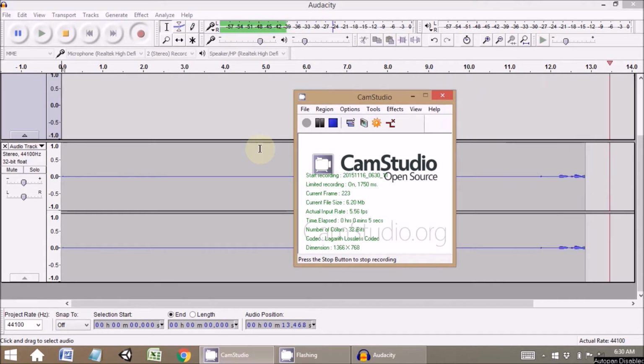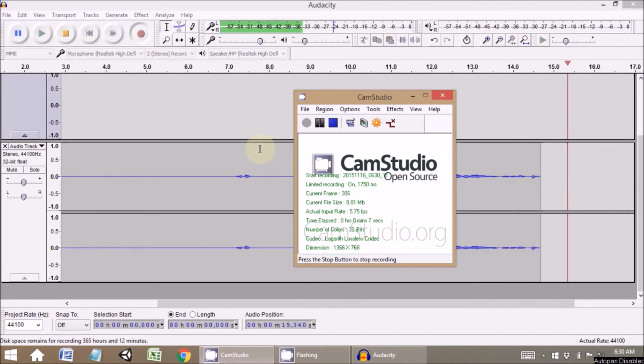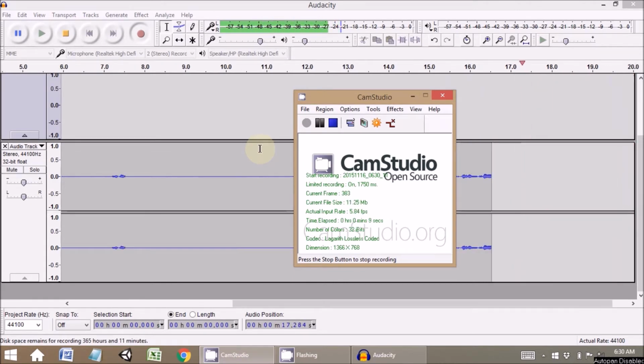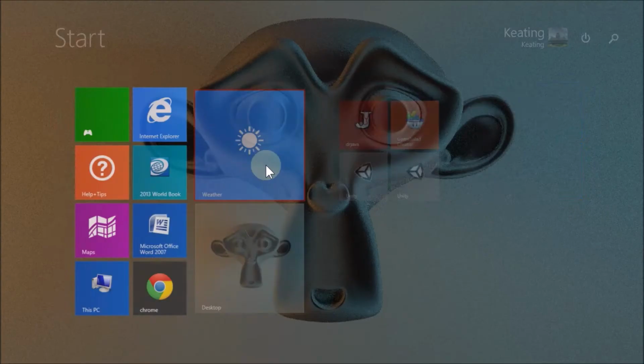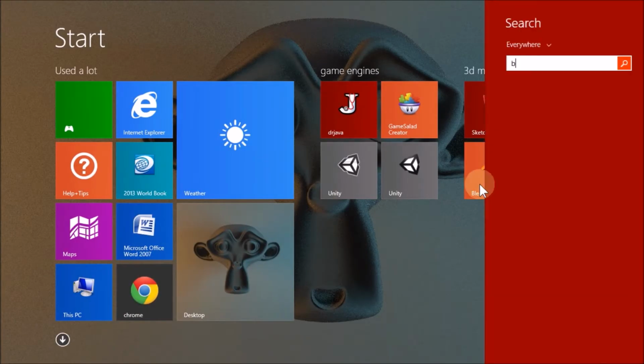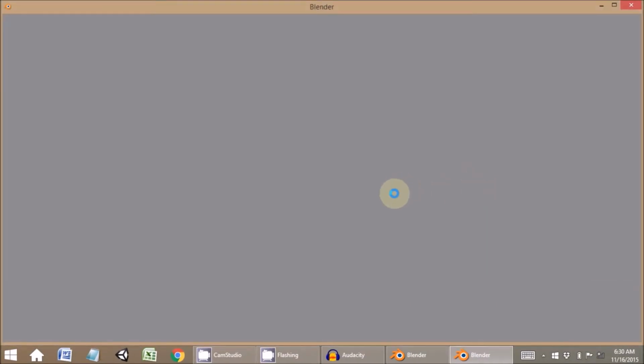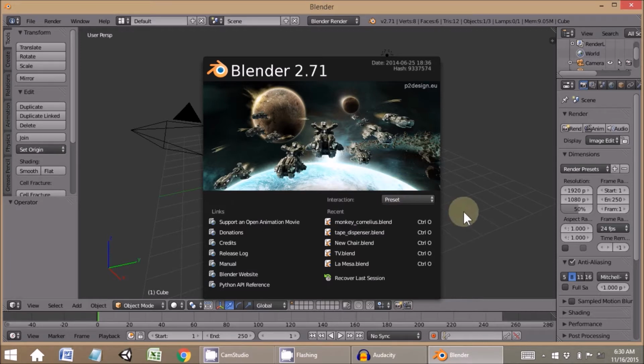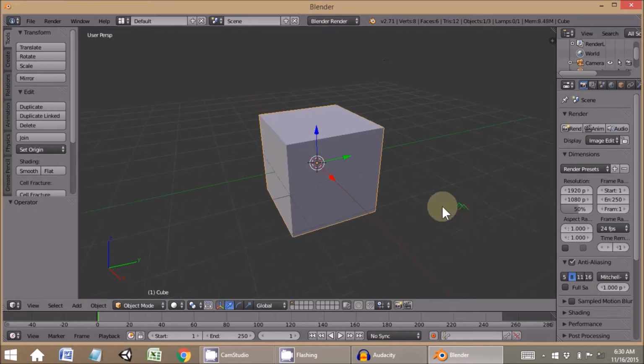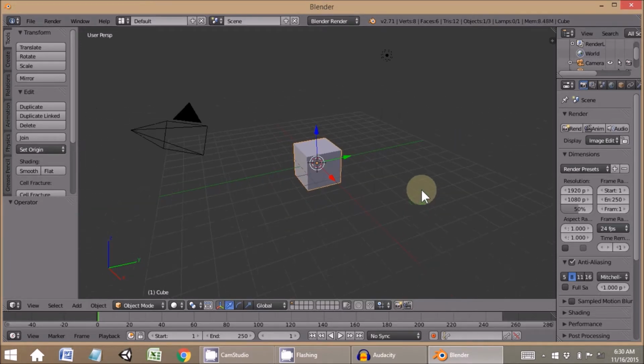Okay, so this is just going to be a basic Blender tutorial on how to model and texture a chair. So I'm just going to get Blender up. Okay, so I'm going to start by adding a background image, and you can either just hit this plus sign